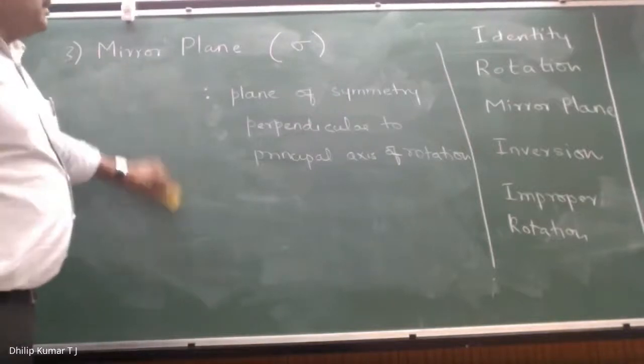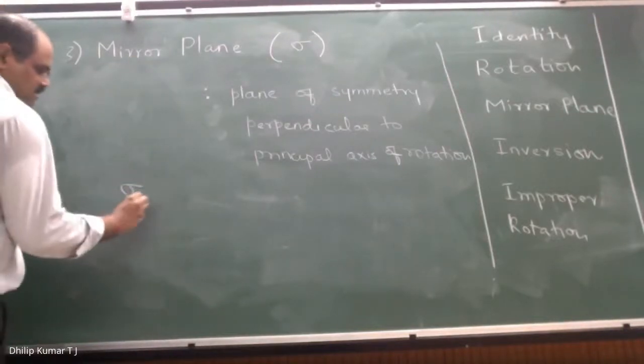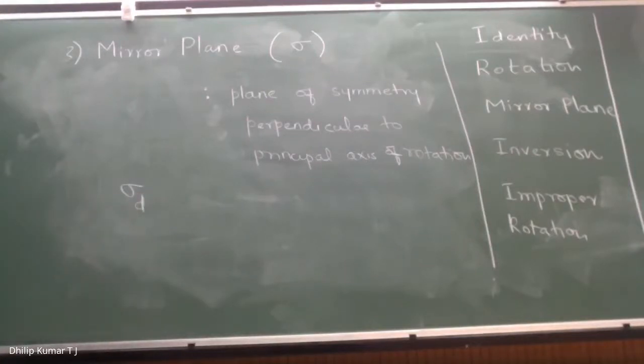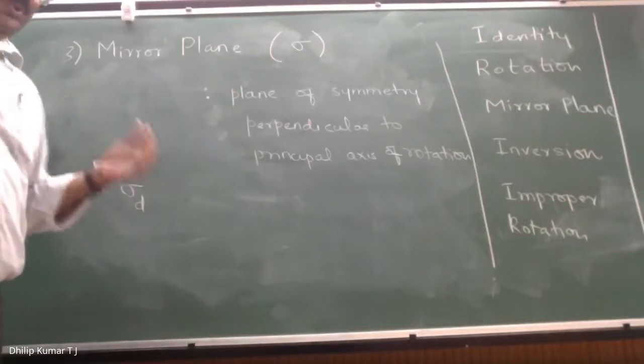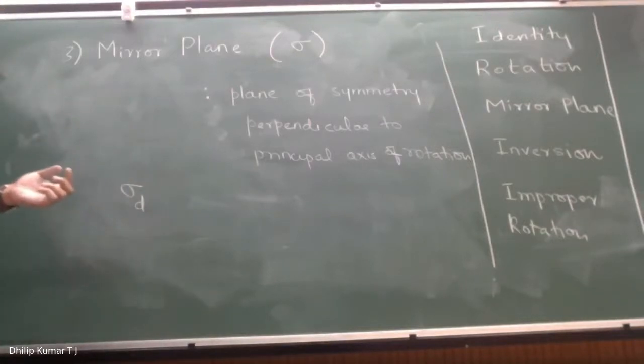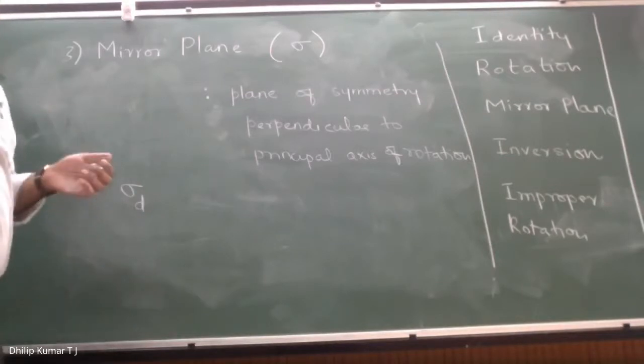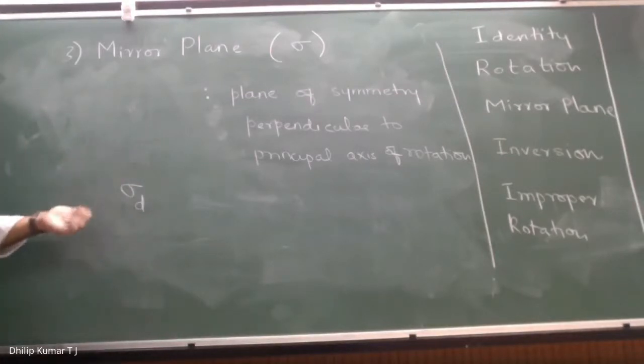So we are still on mirror planes. There is something called sigma d. The name suggests d means diagonal, sigma diagonal. Its definition is basically that if a plane bisects an angle between 3 atoms, then it is called a sigma d. Different books give different definitions for sigma d, but they mean the same. One definition is if the molecule has 2 sigma v planes, and you can bisect the 2 sigma v planes, then that plane of symmetry is called sigma d.